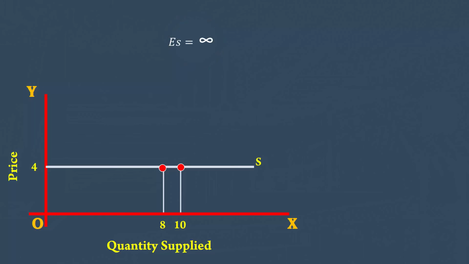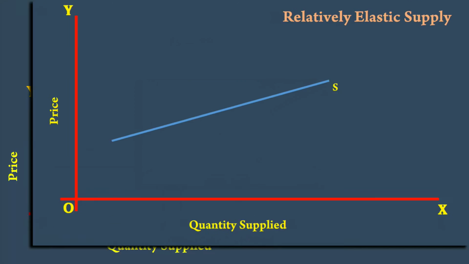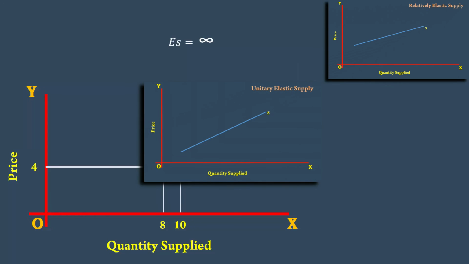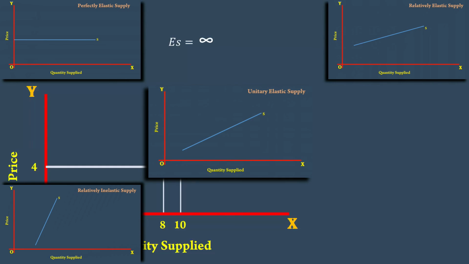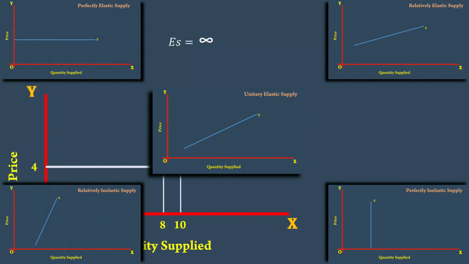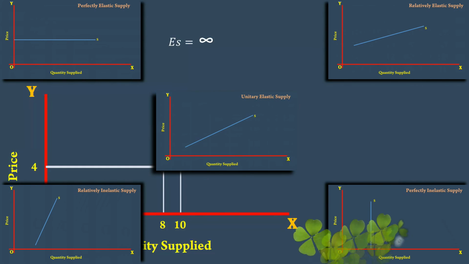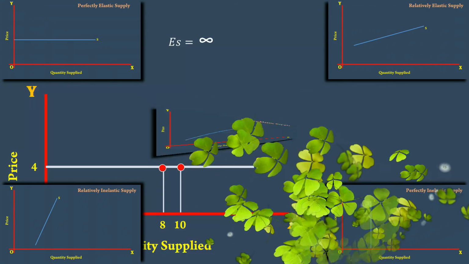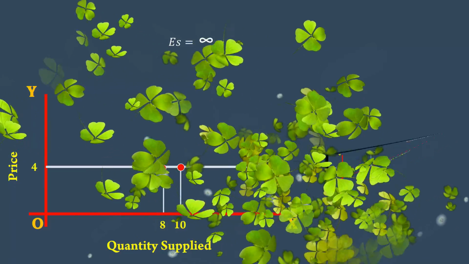Thus, the concept of elasticity of supply identifies 5 types of elasticities: unitary elastic supply, relatively elastic supply, perfectly elastic supply, relatively inelastic supply, and perfectly inelastic supply. How to measure elasticity of supply using the percentage method? That we shall discuss in part